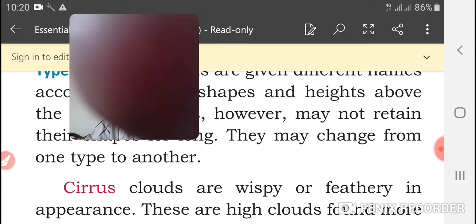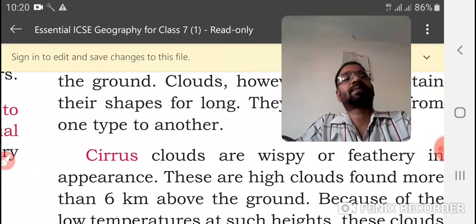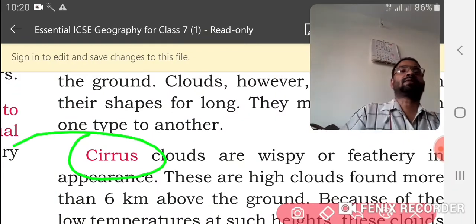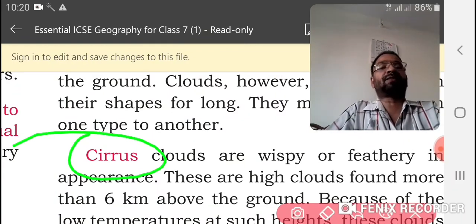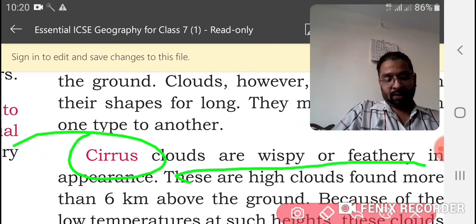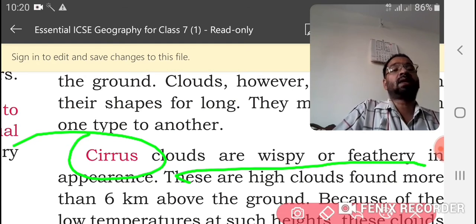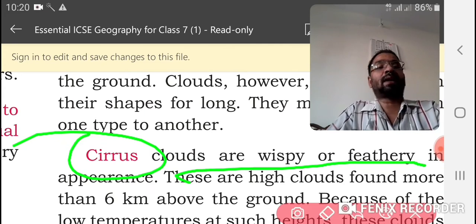First, let us see cirrus. That is the first cloud. These clouds are wispy and feathery in appearance.